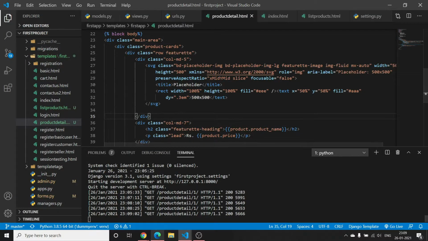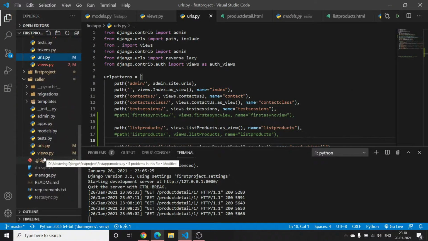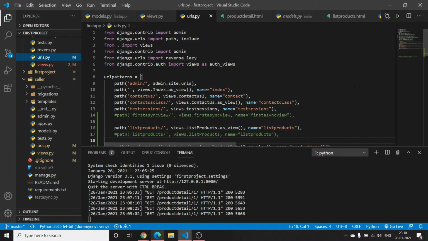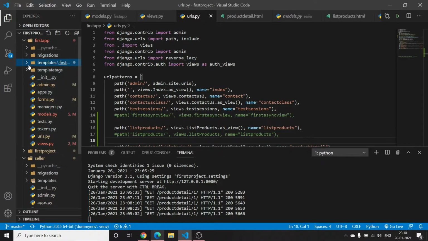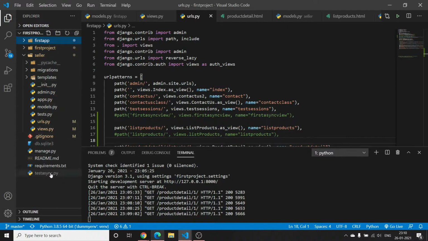Now if you want to display a static image over here as well, then for displaying static images, you have to configure settings.py file as well. And I have made a very detailed video regarding handling static files and media files of Django and how to use S3 bucket as well. You can check out that video in my AWS series, in which I have covered each and everything about static files and media files, so that you don't have to look anywhere else. So that's a perfect video. I will not explain here how the static files and media files work in Django. So here I will directly implement that.